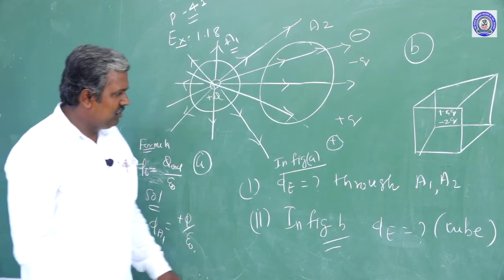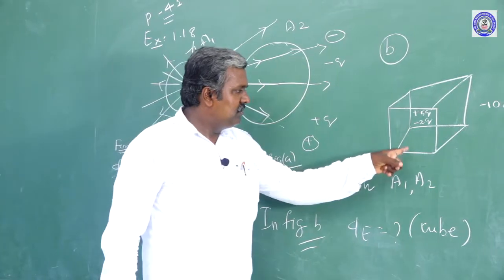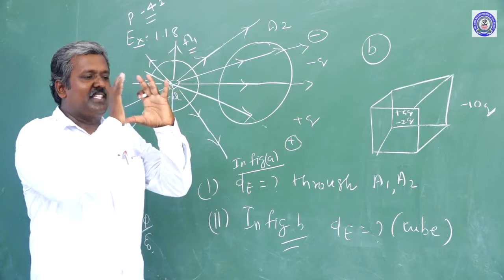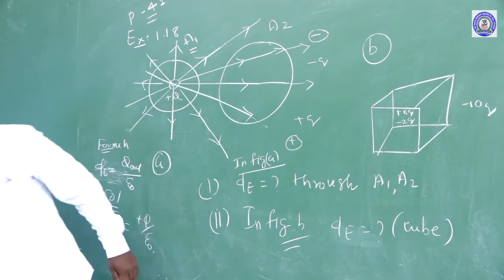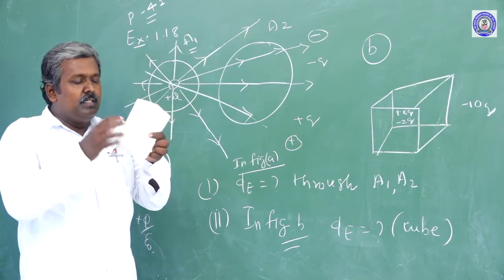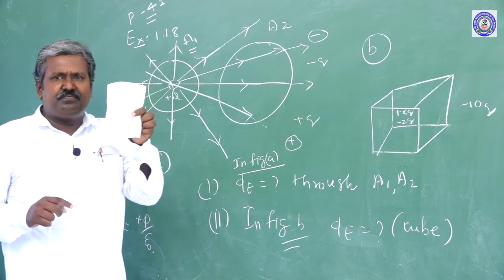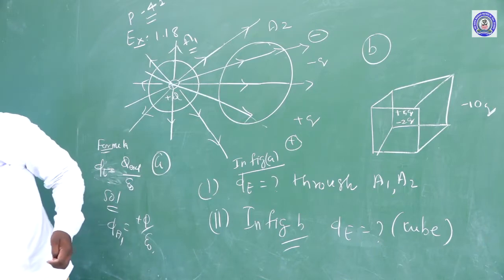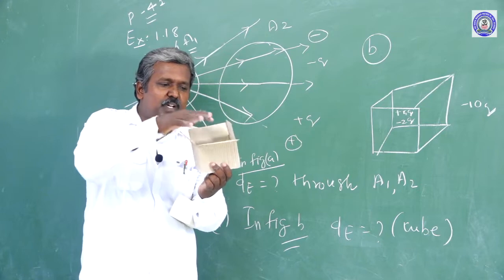Very good. Next, in figure B, the total electric flux through this cube. A cube is one of the Gaussian surfaces, consider an imaginary surface, a Gaussian cube. For example, I am correct or not? For example, here place this charge inside this duster. Just assume, this is not correct, just assume. Okay. Or leave the duster, taking here a chalk mix box. I am correct or not?